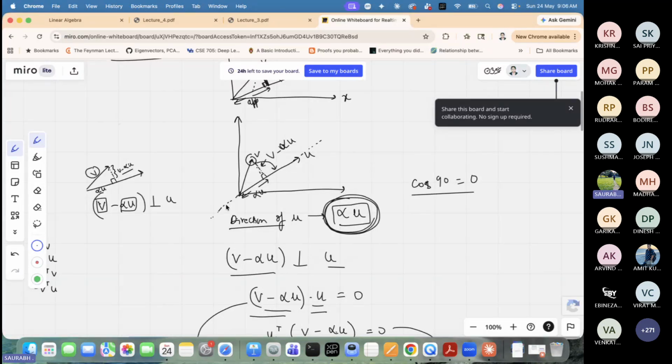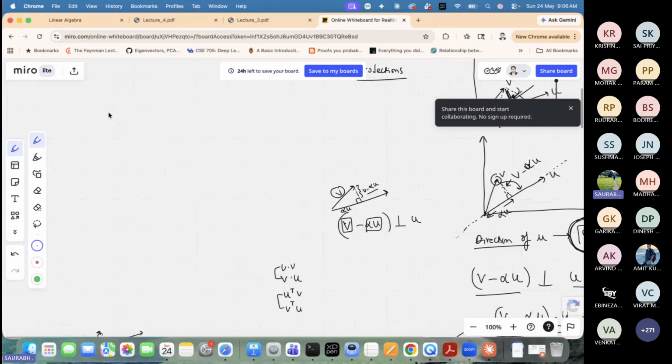See, if you get into trigonometry, you already know Pythagoras, right? So let's say that this is x and this is y. Now, what portion of x is aligned with y? That is x cos theta, isn't it? This angle is theta. This length basically is x cos theta,